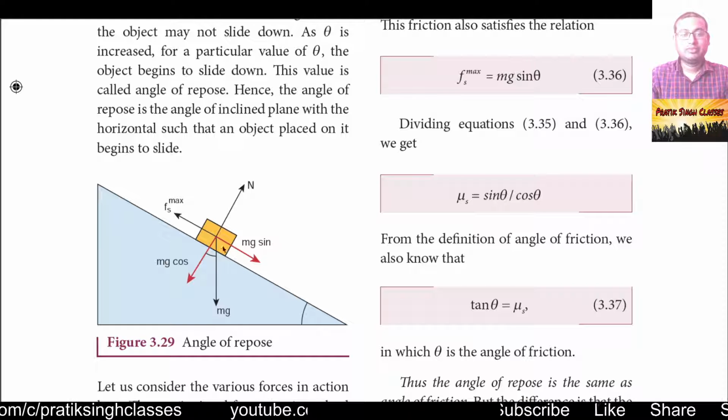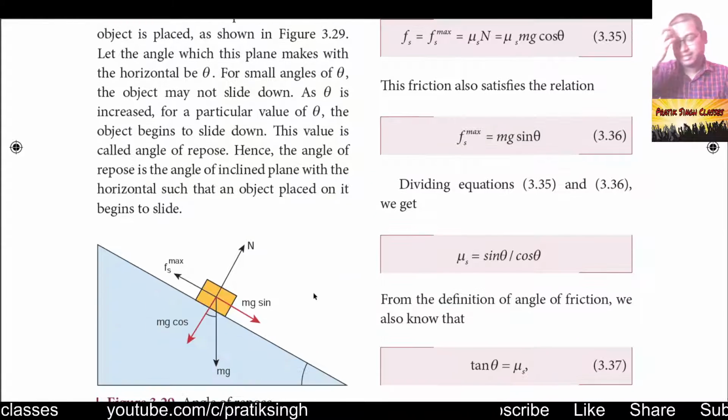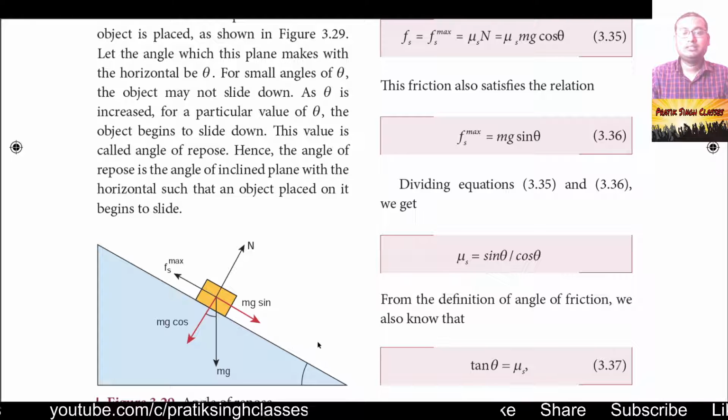Also, when this box moves downward, a friction force between the contact surfaces will act opposite to the direction of motion, that is Fs, given here as Fs max. That means the box is staying here and because of the friction it is not moving downward, and the maximum friction acting here is Fs max, which is opposite in direction to mg sin theta. So the equation of motion becomes mg sin theta minus Fs max is equal to ma. Here a is the acceleration with which the object is moving downward.